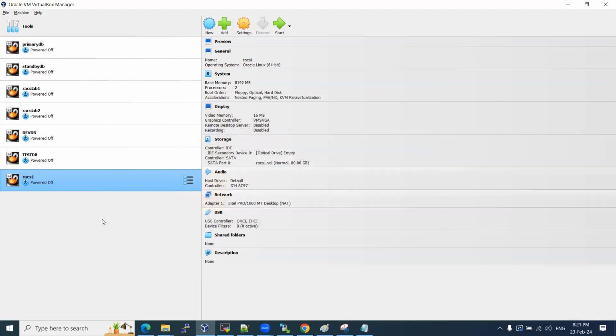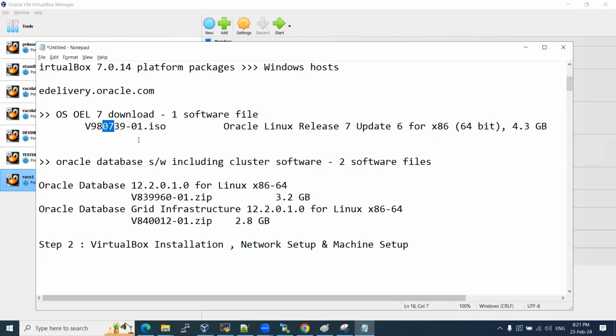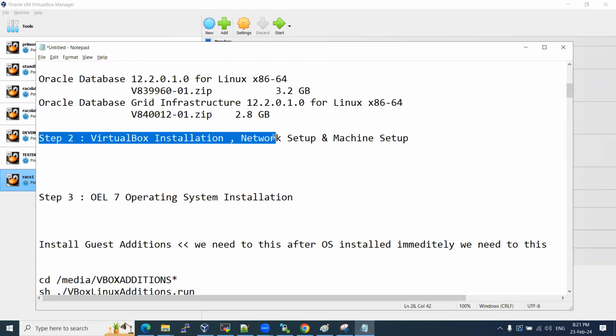Click on finish. Yeah, my machine 1 is ready. This is my machine, but this machine doesn't have any operating system. Now I need to do some kind of setups. Here I mentioned the steps also, right? In step two,